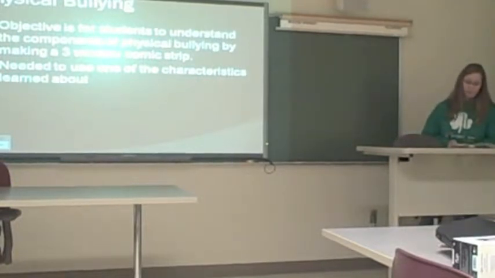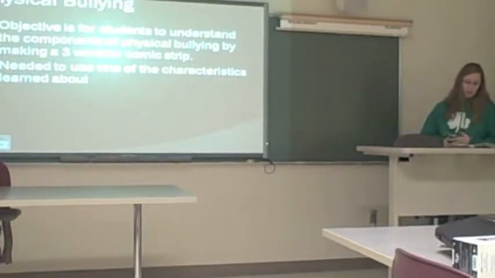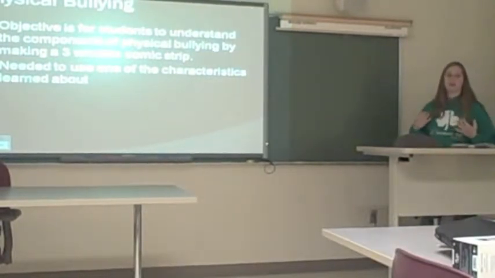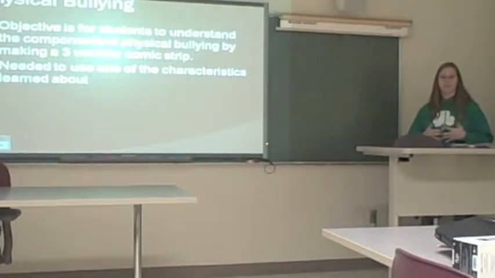So physical bullying, in the lesson we defined what it was, and it's someone who causes harm to another person or property. We also went over characteristics of physical bullying, which include any kind of physical contact, so pushing, shoving, hitting, spitting, choking, that sort of thing. We also went over the signs of it, which is damage to property such as clothing, your books, and then obviously physical marks on the body, bruises, cuts. And then we also went over the effects of physical bullying, which could be changes in emotion and health,